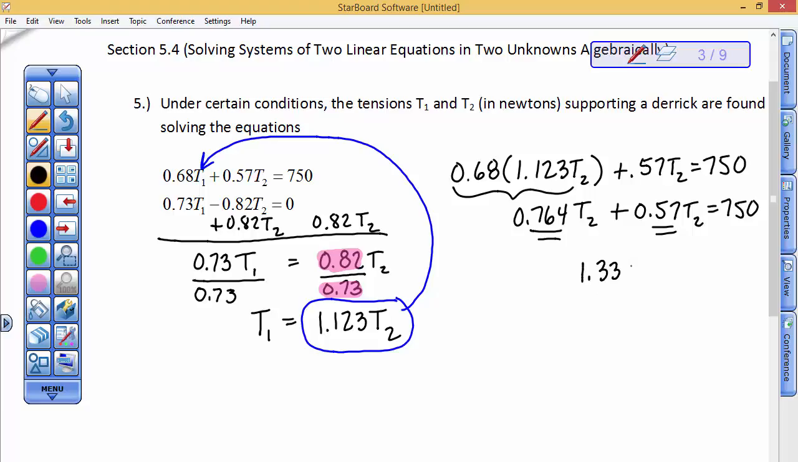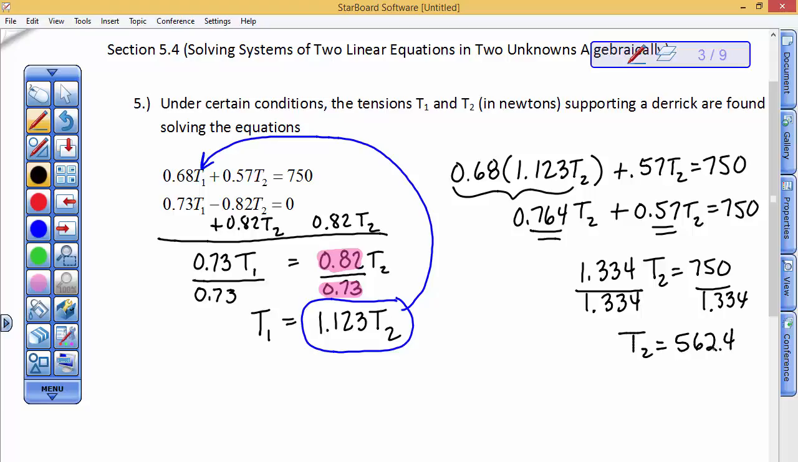1.33. And I don't know why I have an 8 in my notes, but I just do. It probably should be a 4 based on how I rounded this off right here. So plus 0.57, I'm just going to check. Yeah, 1.334 t sub 2, and then that equals the 750. So now I divide both sides by 1.334, and I'm dividing by the full value, the 1.334. And so I get t sub 2 equals